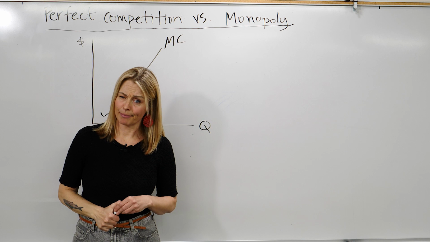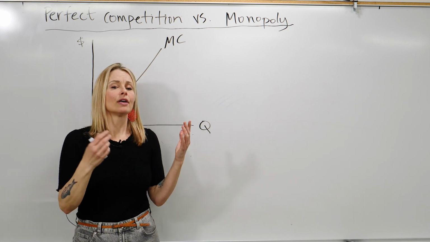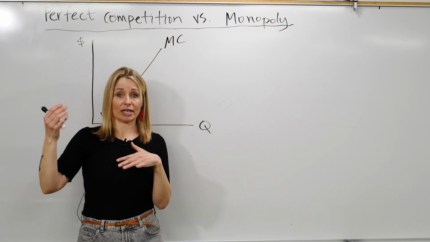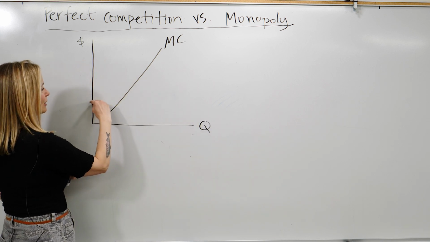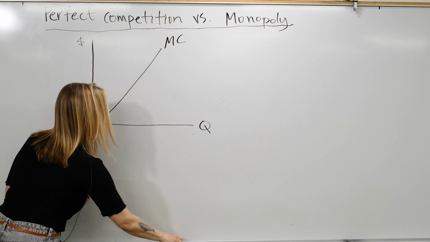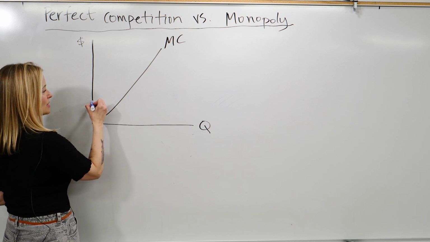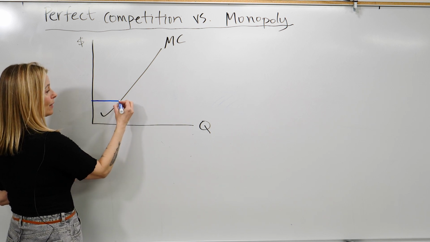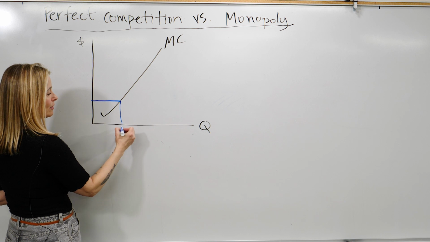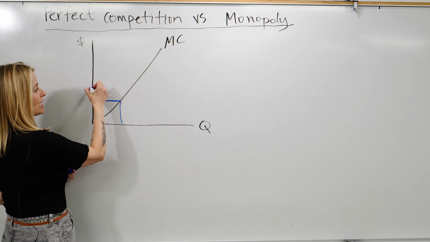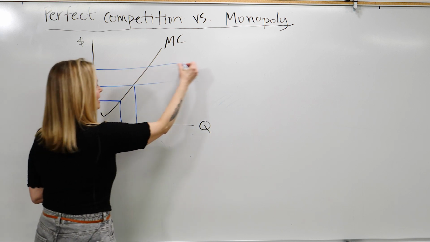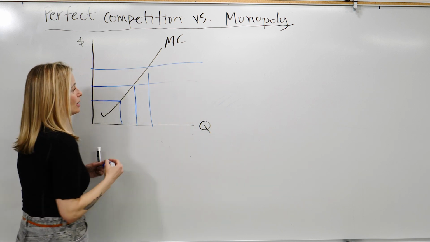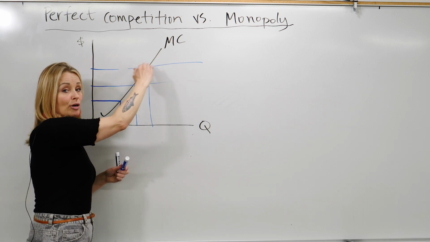Now, remember, in perfect competition, the price is given by the market and it just is some price, whatever it is. So if the price was here, that would be the marginal revenue, and so therefore they would produce this quantity. If the price was here, they would produce this quantity. If the price was here, they would produce this quantity,